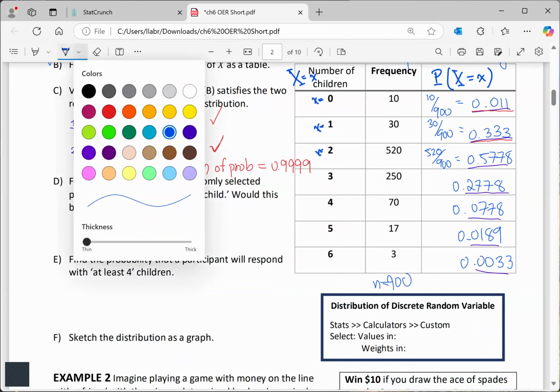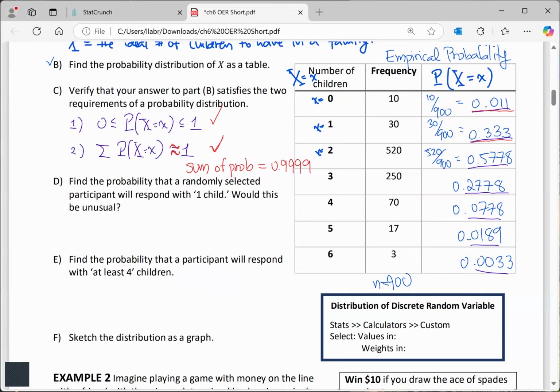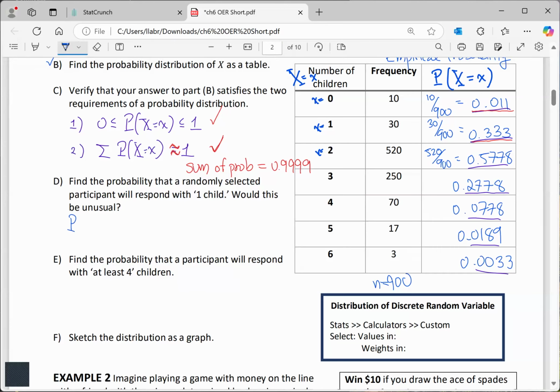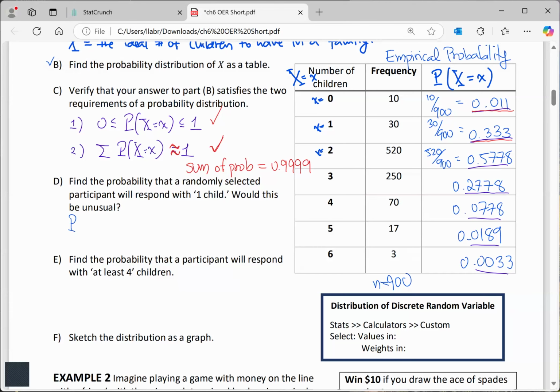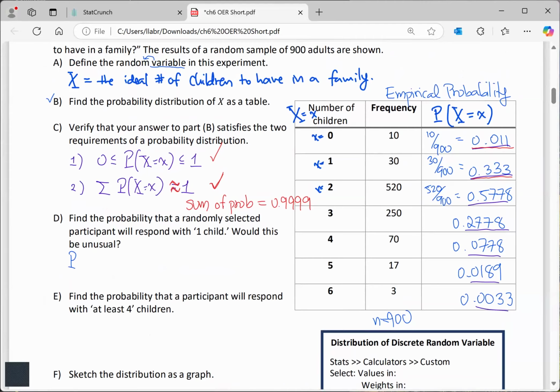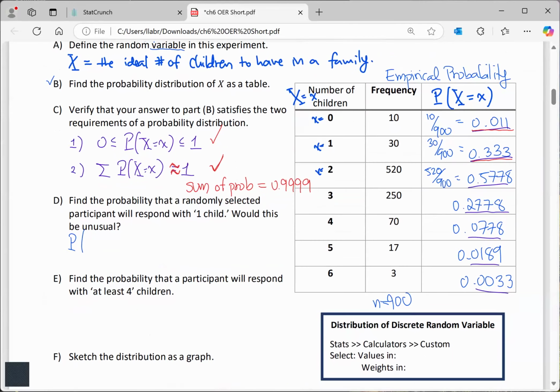And here is where the random variable, hopefully you see, is useful. We're going to write the probability that a randomly selected participant will respond with 1 child. Notice that that's the random variable X. So I'm going to say here they're asking, what is the probability that my random variable is 1? And it's very easy. I simply go ahead and